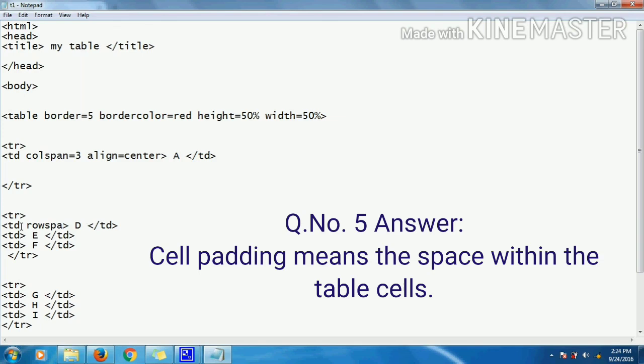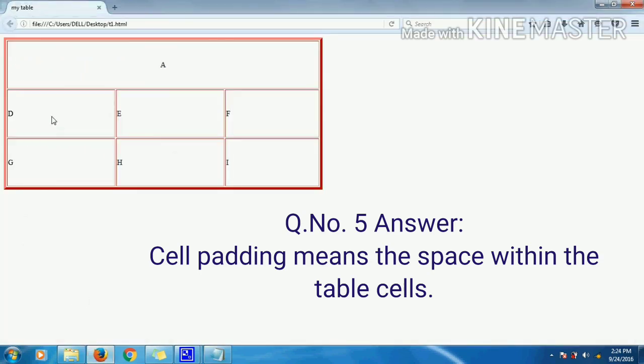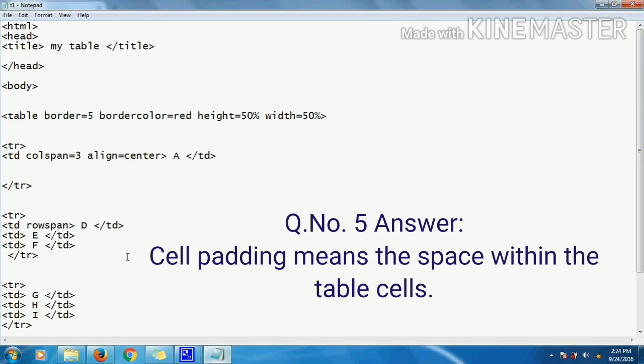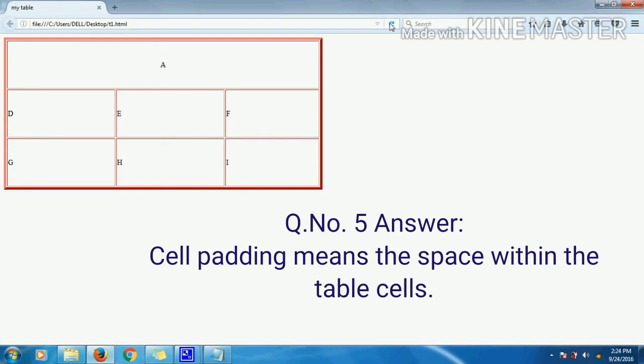So we want to row span D and G. So we will write the code in D here, rowspan 2, and then we have to delete the G part, because why? We want to bring it vertically. Now save and then refresh, and you can see now here. Understood? So this is how you can do row span.